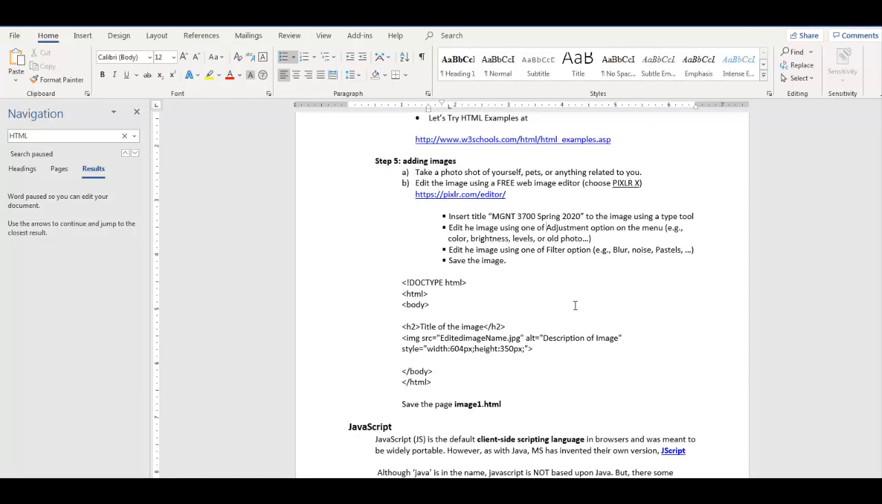Step 5, adding images. Okay, so we're going to deal with a photo or an image. I think you should use your own photo. If you don't have your own photo, you can use your pet's photo or something really related to you. But you'd better have your photo. And what we're going to do is edit the photo in an online image editor. There are a bunch of them, but we're going to use